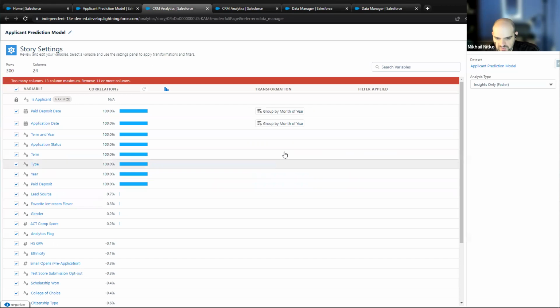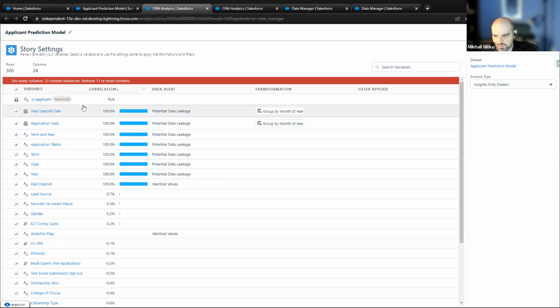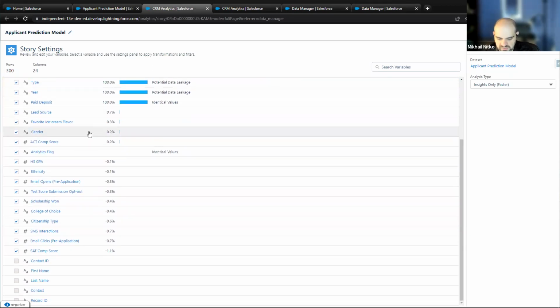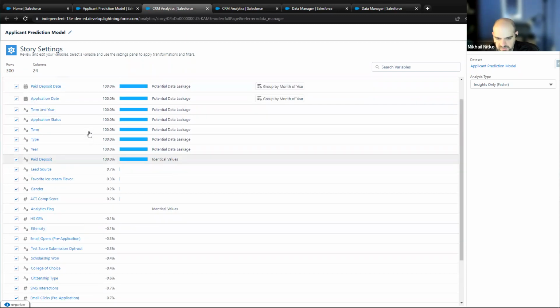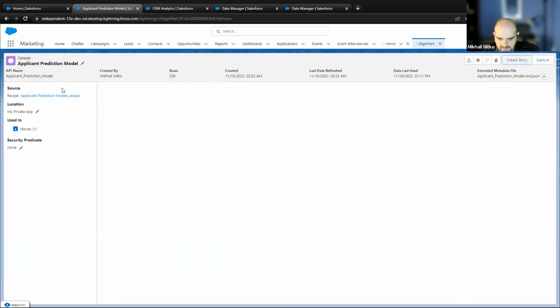Once you go to the next field, you will have the potential to pick all of the fields that are included in your data set. And as you can see, I've included many fields here. Now I'm going to close out of here, and if I was to click create story here, it could take some time to run. So instead, I'm going to go into the story that I have already created for this demo.